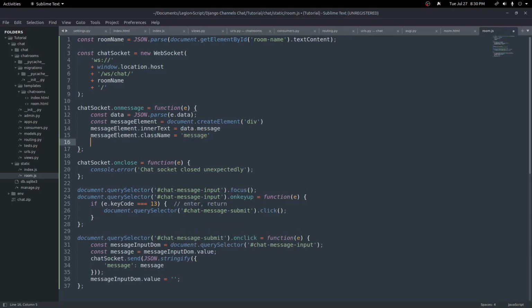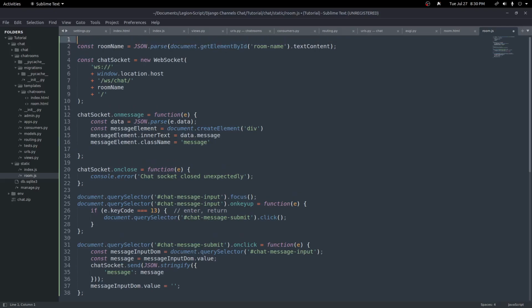And then finally, we need to go ahead and append this message element as a child to the chat log parent element. And I'm going to go ahead and put this chat log variable outside this function so I can use it elsewhere as well. So up at the very top of this file, I'm going to go ahead and do a const chatLog equaling to